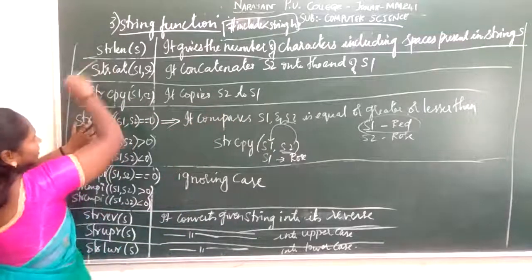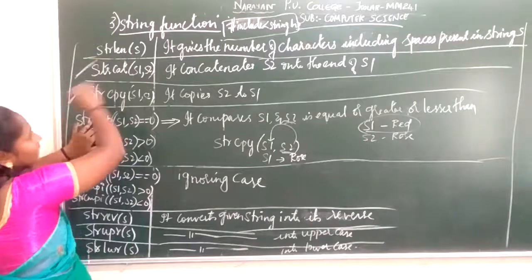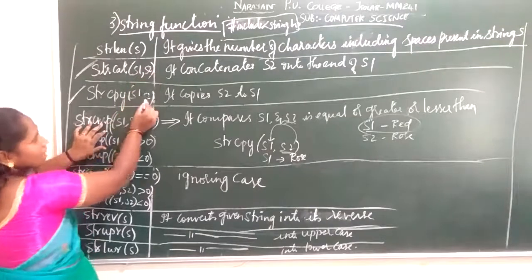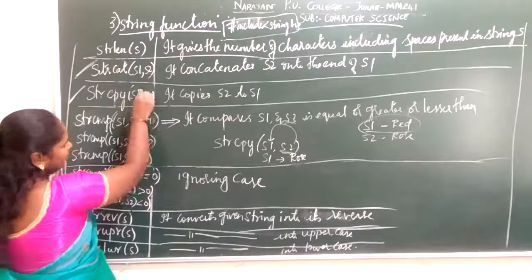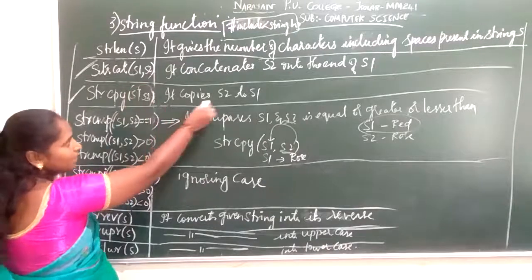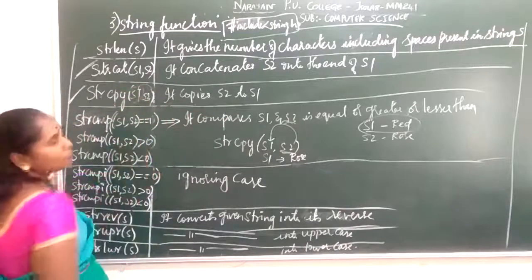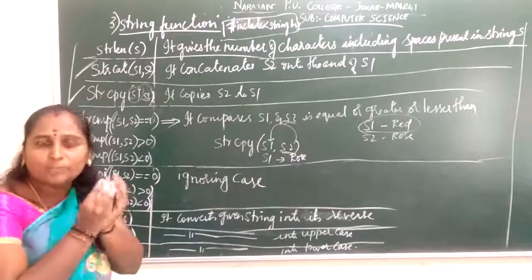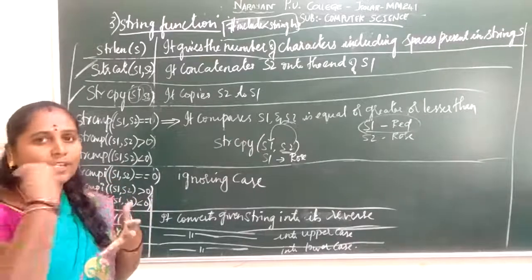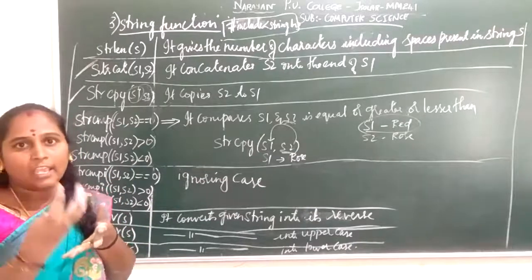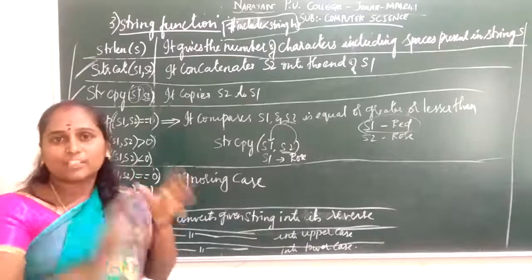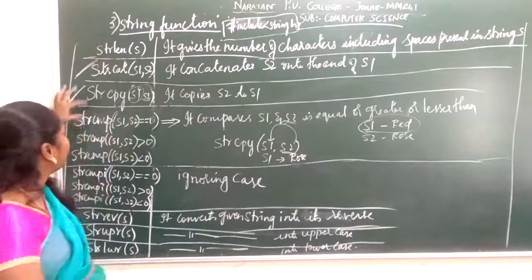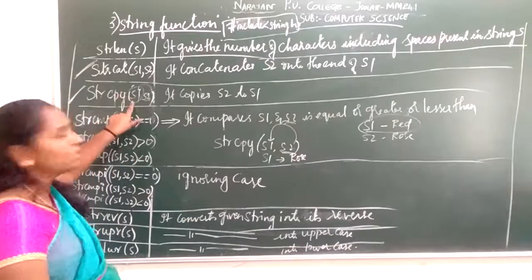Next, this is about the difference between string length, strcat, and string compare. Concatenate means it is going to append another string to the end of one string. String copy means one string is copied to another string. It copies S2 to S1. Here also the S1 location should be large enough. Suppose S2 has a large number of characters and S1 has a small number of spaces; it cannot copy, and it will result in an error, because the space will not be enough. So S1 storage should be large enough to hold the string S2. That is your string copy: S2 is copied to S1.